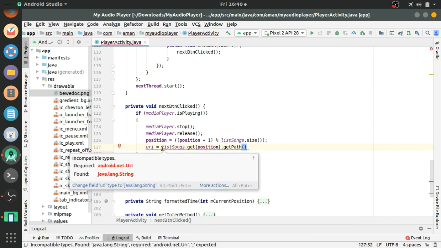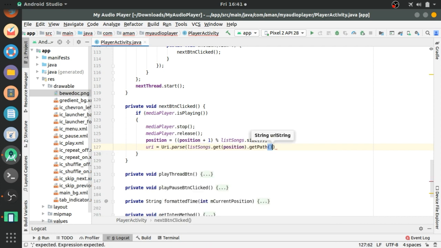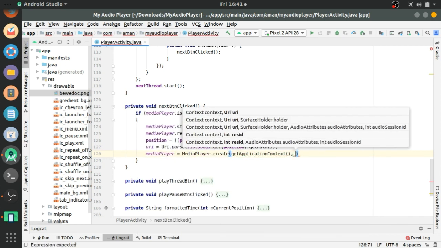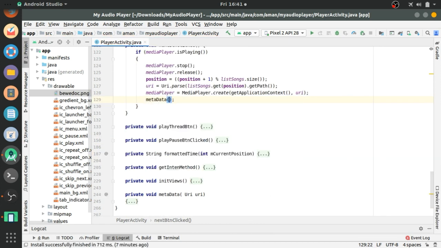Then we will create uri equals Uri dot parse listSong dot get position dot get path, and we will create the media player using MediaPlayer dot create and pass the context and also the uri.